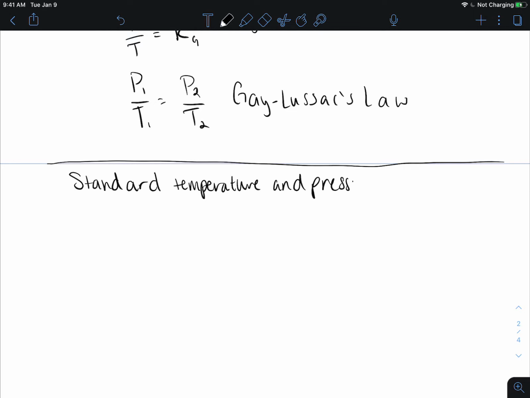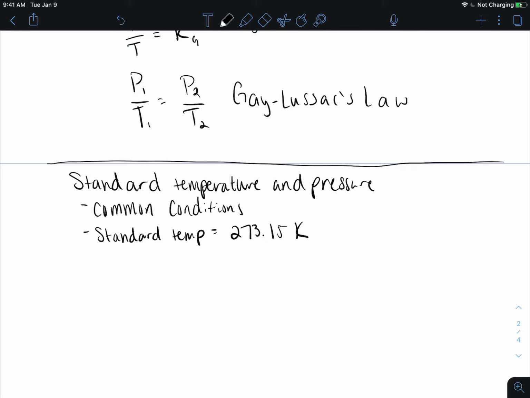When we have a gas, we generally get data such as density under common conditions, which are our standard temperature and pressure. So these are our common conditions. And our standard temperature is going to be